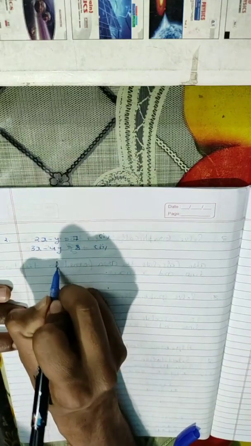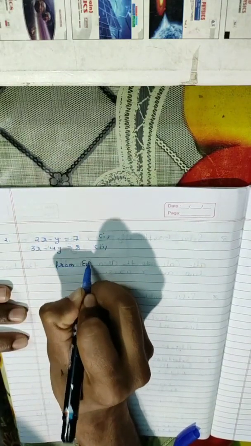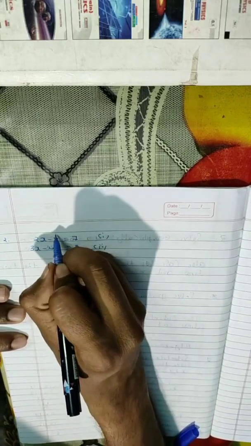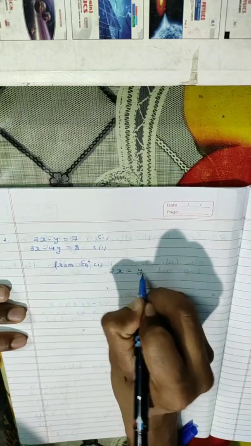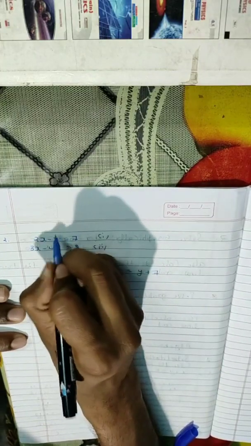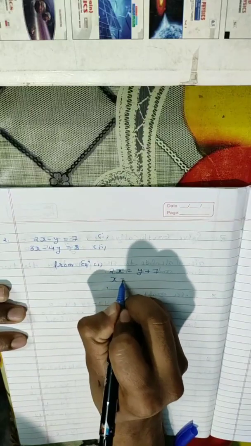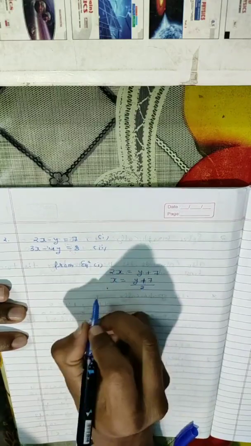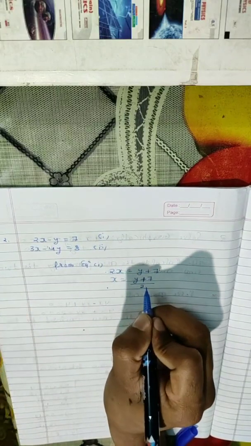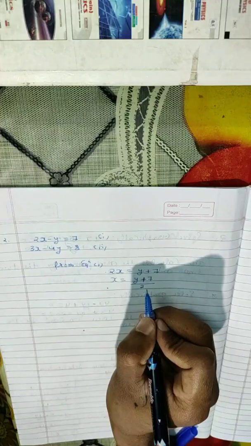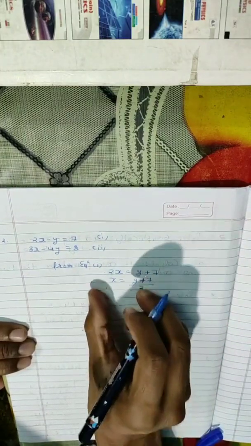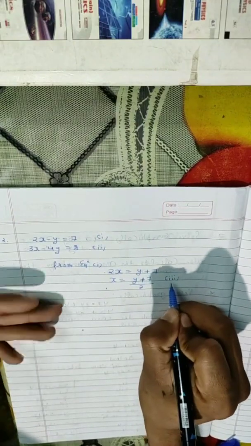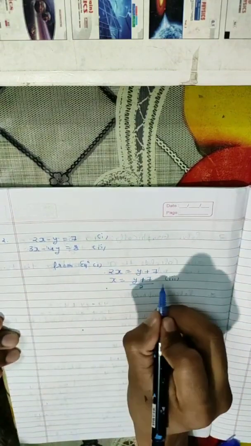So from equation number 1, I can write 2x. If minus y will go in the right hand side, it will become plus y. So 2x is equals to y plus 7, and the value of x will be y plus 7 upon 2. So I expressed x in terms of y. Also you can express y in terms of x as you want. Okay. Now say this equation number 3. You can give the number to this equation also. Okay. So x is y plus 7 upon 2.